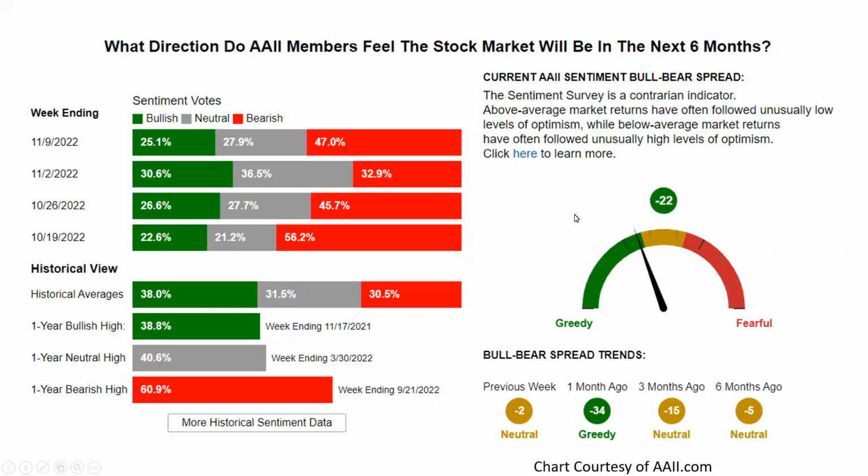And then onto the AAII sentiment survey. Again, a point to note, it wasn't that long ago, in September, that the bearishness reached a record high, 60.9%. And even though we've had a couple of days of strong tape action, the picture still remains not so good because the bears still